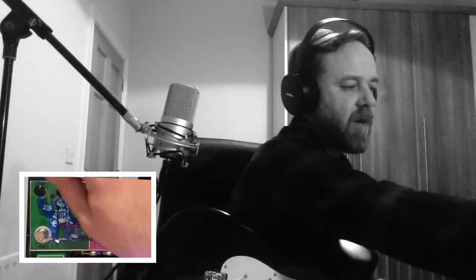So I'm going to turn up the mix again, and maybe put the modulation on this time and give it quite a pronounced modulation. So this is going to be very noisy, so just bear with me for a sec. Yeah. So that is the Seven Sisters Ruby fuzz, and as you can hear,